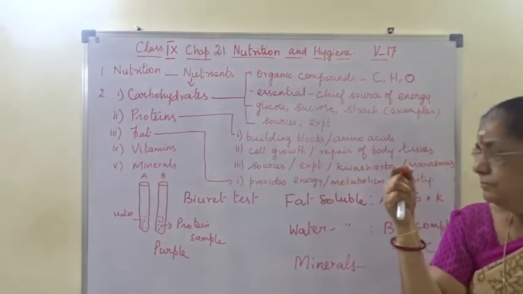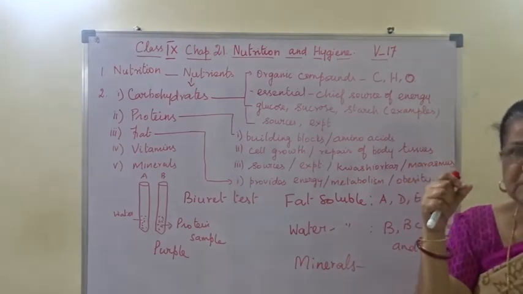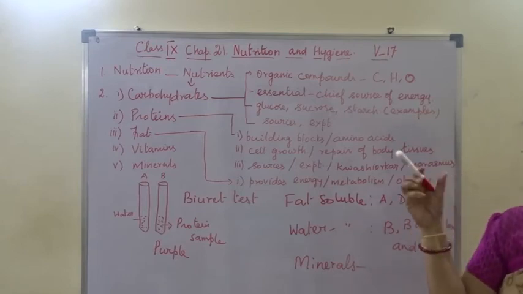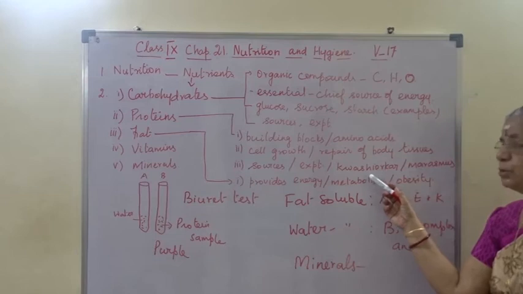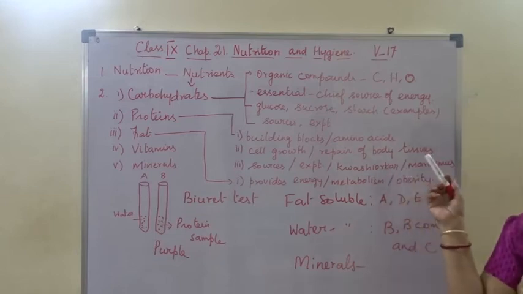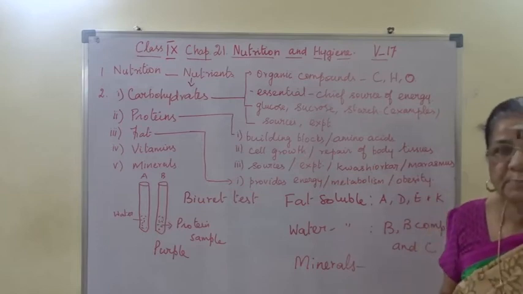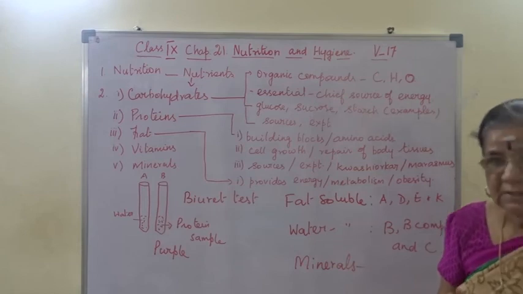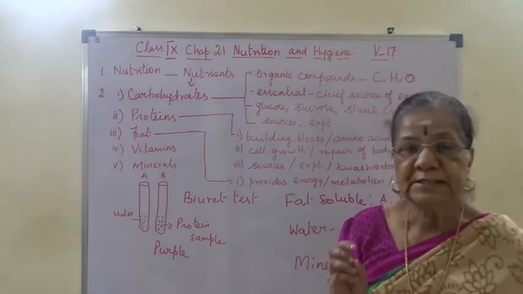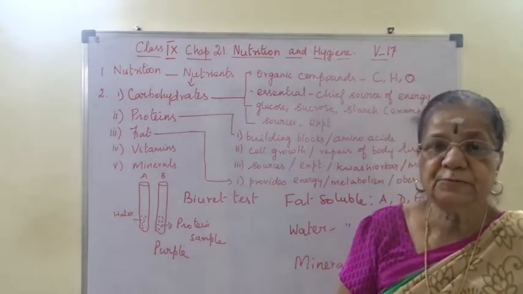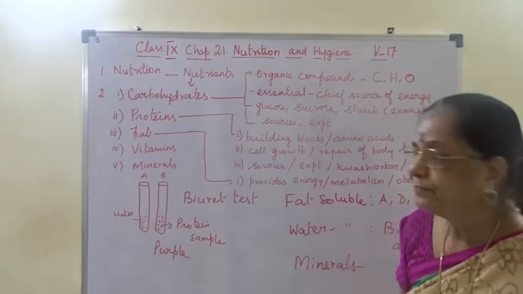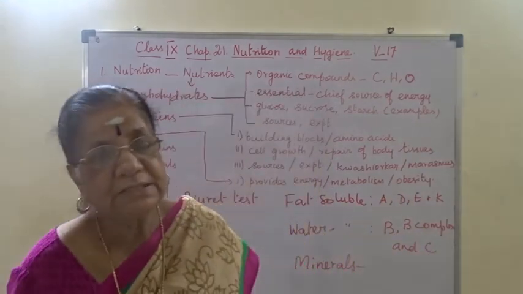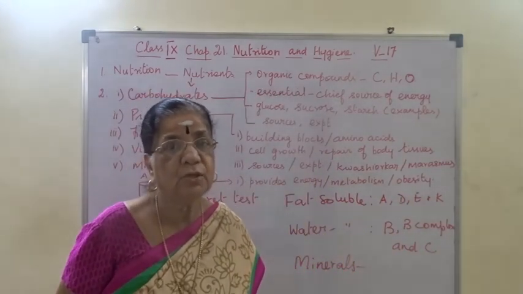Okay, and if protein deficiency is there in our body, especially in children, they suffer from a condition called kwashiorkor, protein deficiency. The children will have a pot belly. That is the symptom for kwashiorkor, and it mainly affects children of age group 1 to 5. Right? Next, marasmus. It is also a condition where children below the age of 3 years suffer.